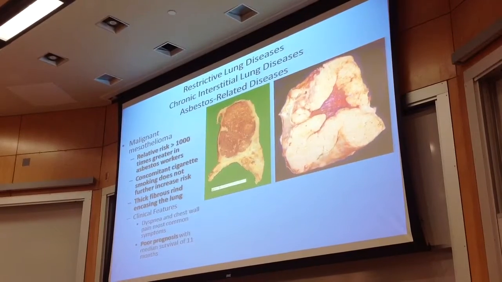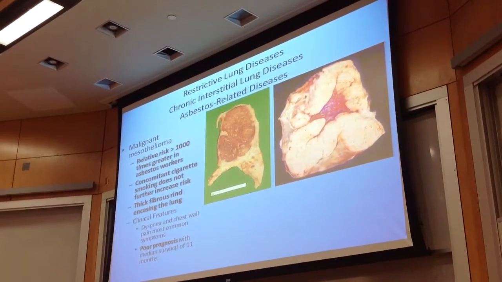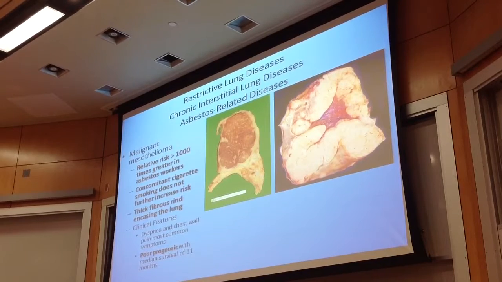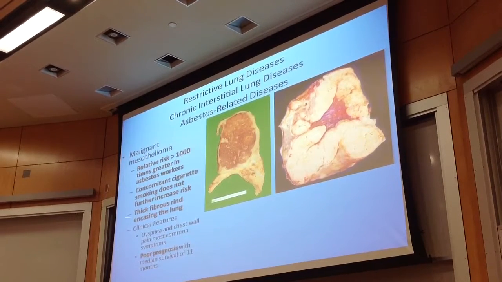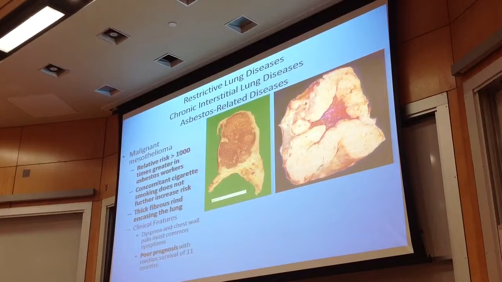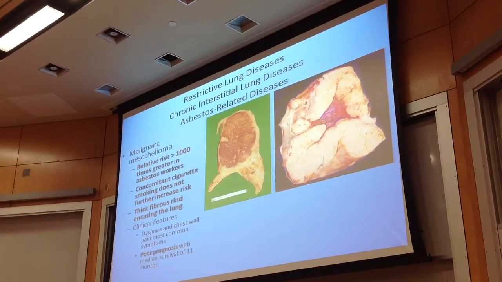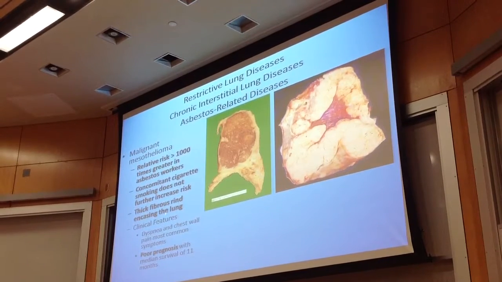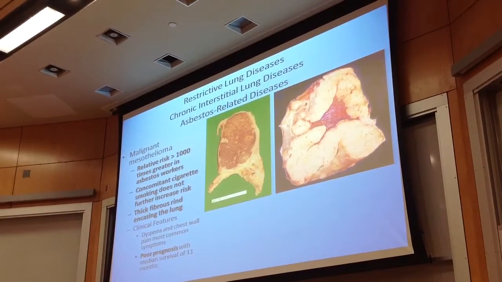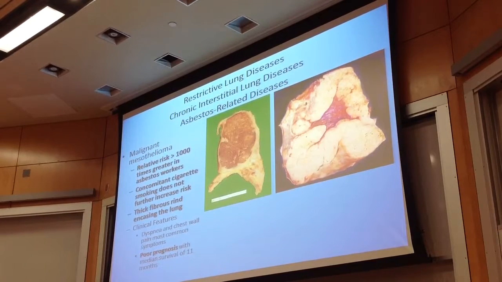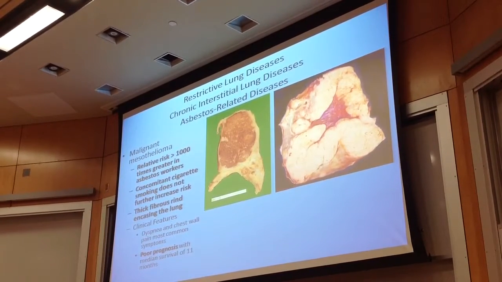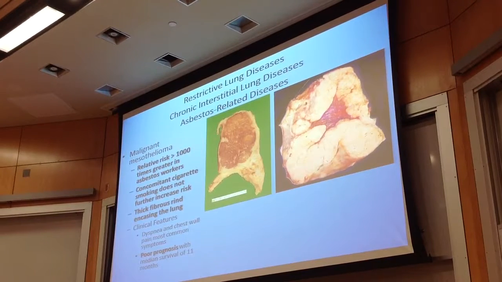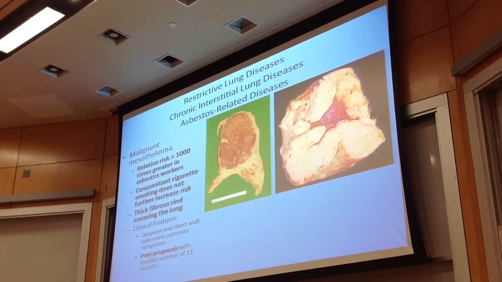Mesothelioma, so very highly associated with asbestos exposure, great relative risk. Here, smoking does not increase the risk, so there's no multiplicative effect of smoking on mesothelioma with asbestos. This has a very characteristic gross look. You basically have this thick, fibrous rind that surrounds the lung. And here's a very extreme example. Most important to know, awful prognosis. As you'd imagine this would be, you can't really do much about that. So these patients